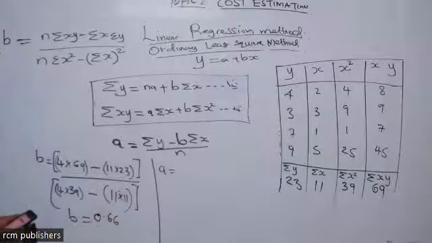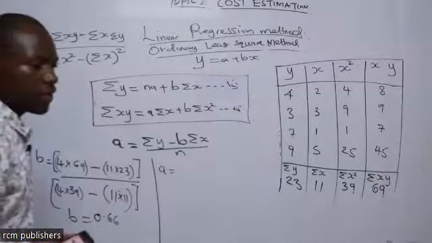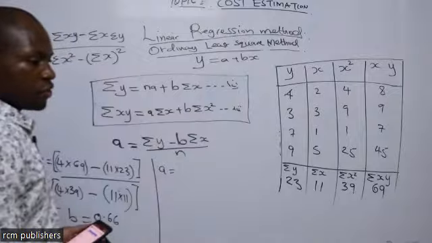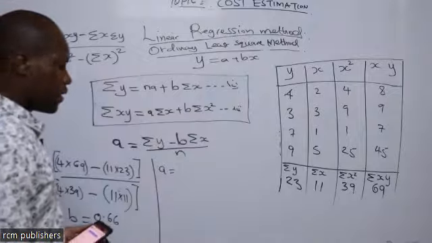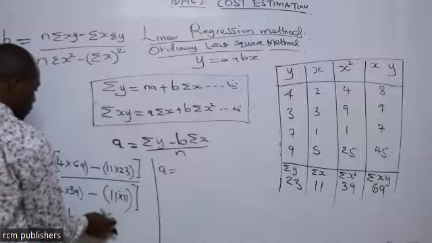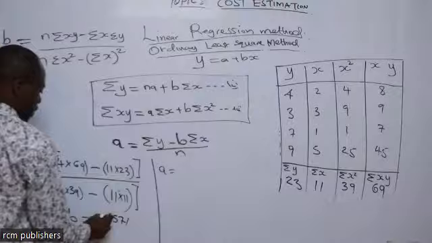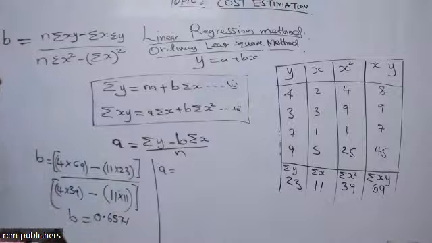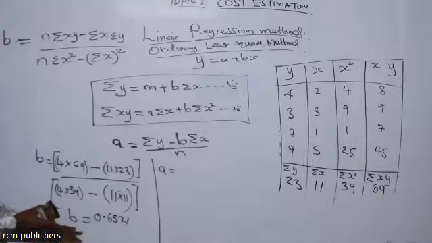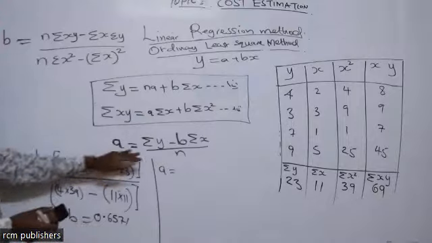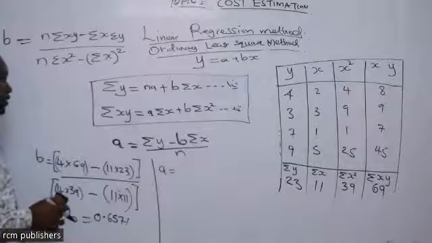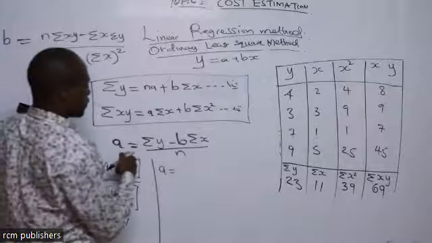The second person can confirm that 0.6. Give me to 4 decimal places, 0.6571. For this one here, at least 4 decimal places. Going forward, if you calculate the value of B, use 4 decimal places to help you have an accurate value for A. So our A will be summation of Y,